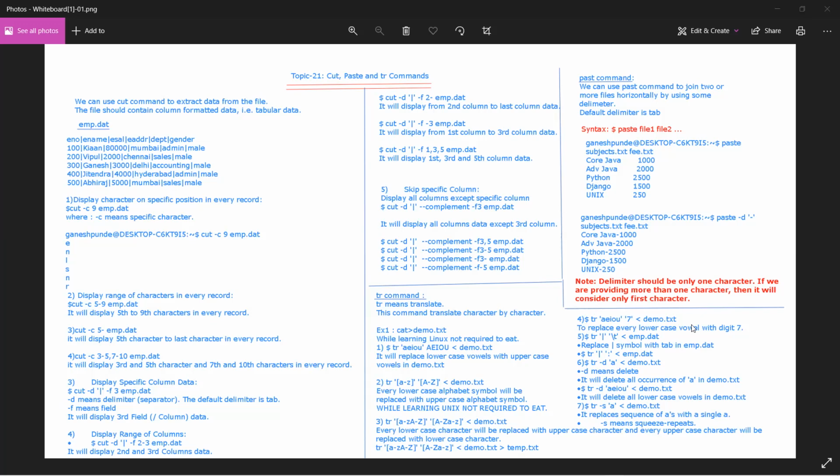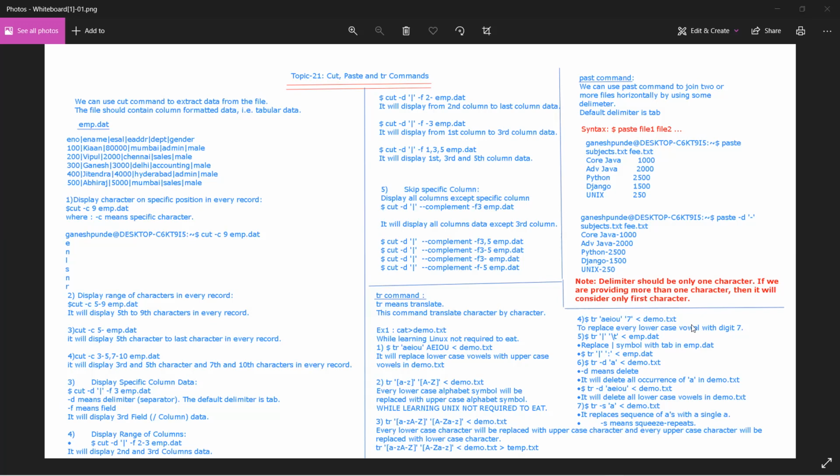So you can say tr hyphen S in single quote A less than sign demo.txt, so that the data from the demo.txt will be redirected to the translate command, and this will replace the sequence of A's with a single A. So this is about the cut, paste, and translate command.